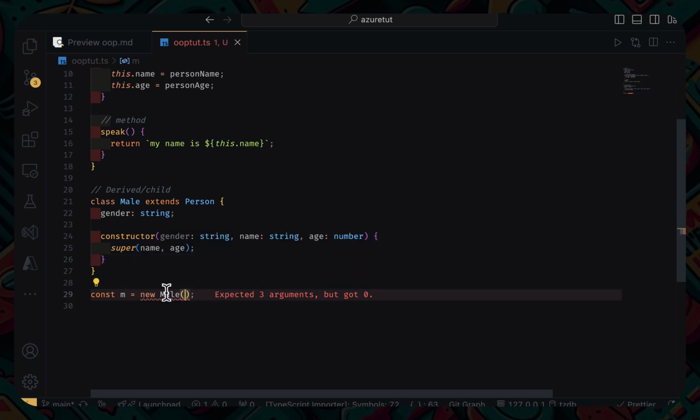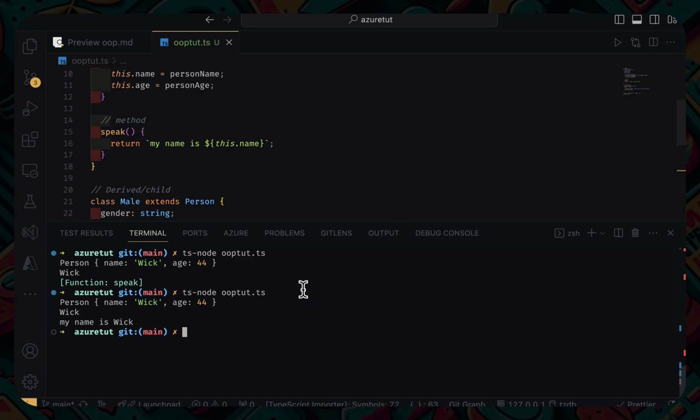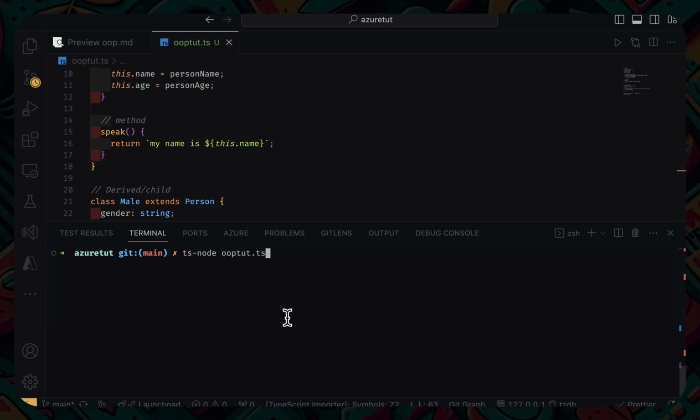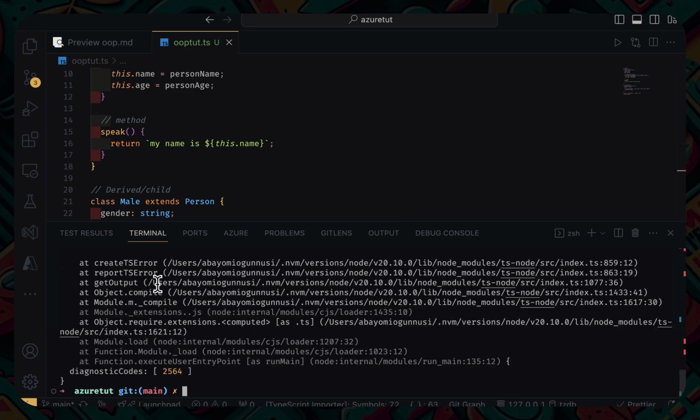So the first one is gender, which I'll do f. Second one is name, I'll do Johanna. And the third one is age, I'll do 78, and we are good to go. Then I can log m, then clear my screen, run this again. Then we should have